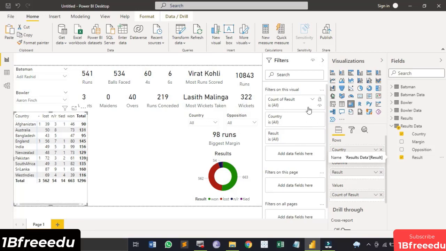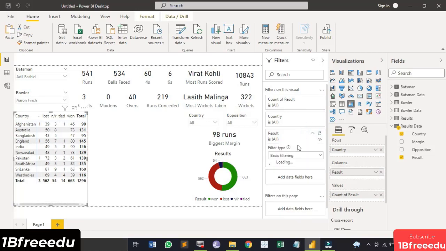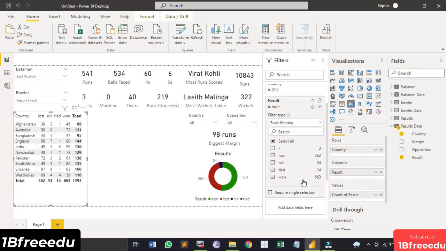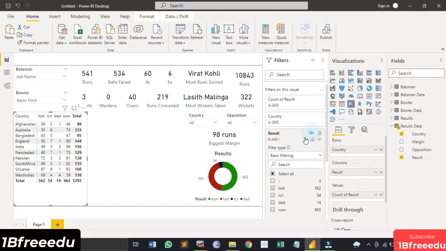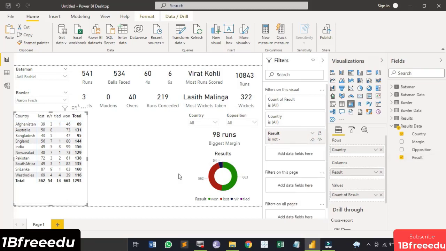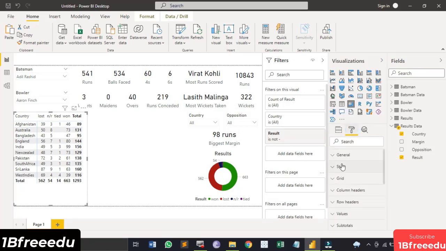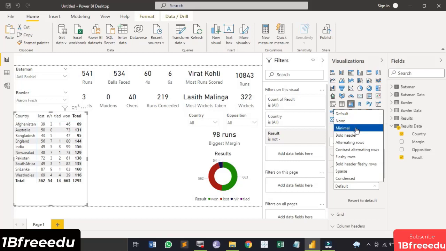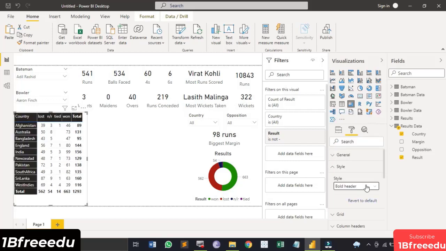And we are going to apply a filter on the result section, that is the hyphens, the 3 hyphen values that we are getting, that we don't want. Okay, so now it's been applied. If you want to customize the way your matrix is looking, you can just go to the format tab. Here are the simple styles. The default style, which is the simple style, that's been selected. You can just select any style for yourself that you fancy and that would work for you.